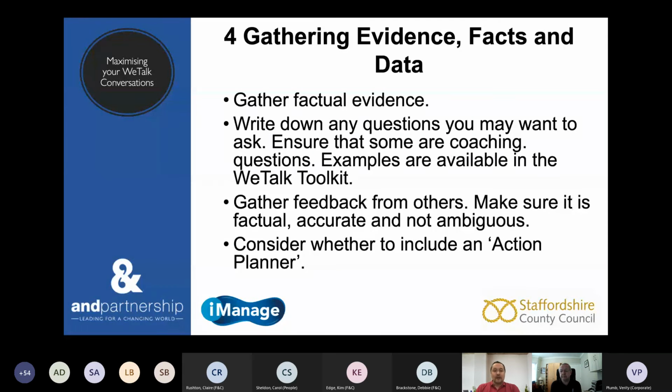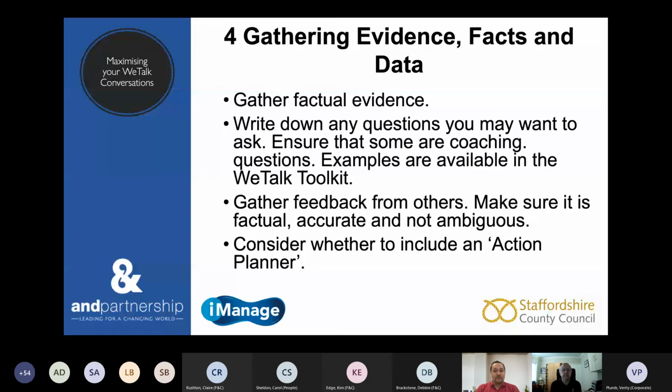So the other side of things is you might want to gather feedback from others before you actually have that conversation. Now, an important one for me is that you shouldn't then say the responsibility is gone and it's all about, you know, Jimmy said this and Frankie said that. It's actually got to come from you. You've got to take responsibility for that feedback. But there's no reason why you can't gather feedback from other people who might well have worked with that person a lot more than you have done.